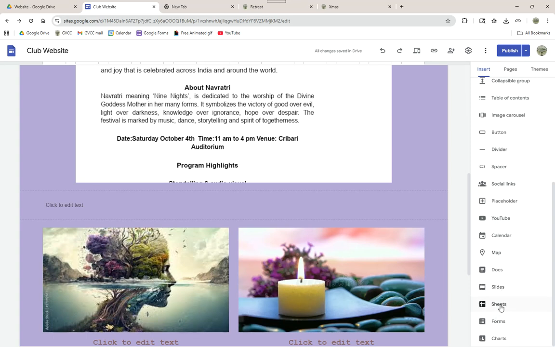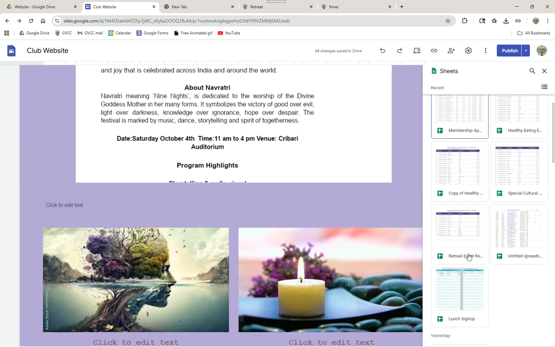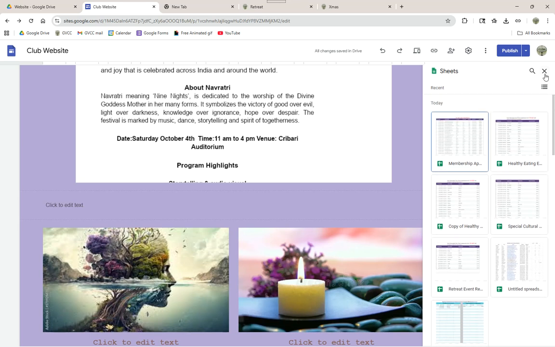When you insert a sheet, if you really want to insert a membership directory, you have to make that a separate file, and then you could insert that file in here, because this sheet doesn't specify just a tab. It inserts the whole thing. Okay,